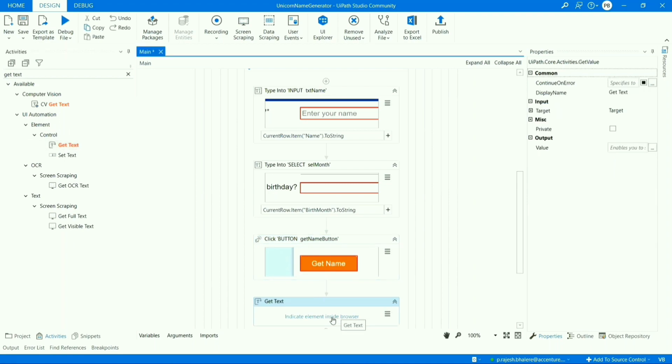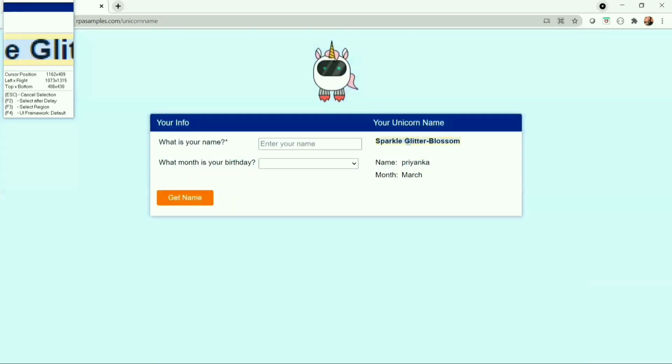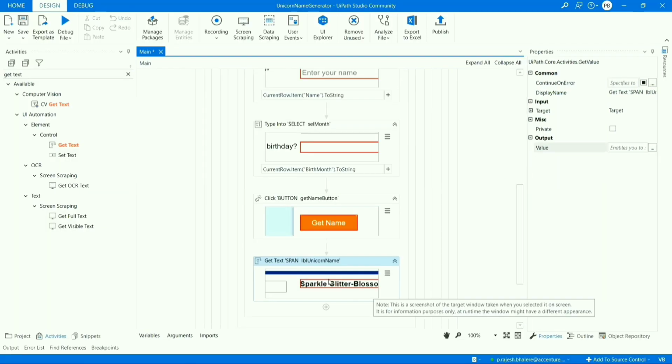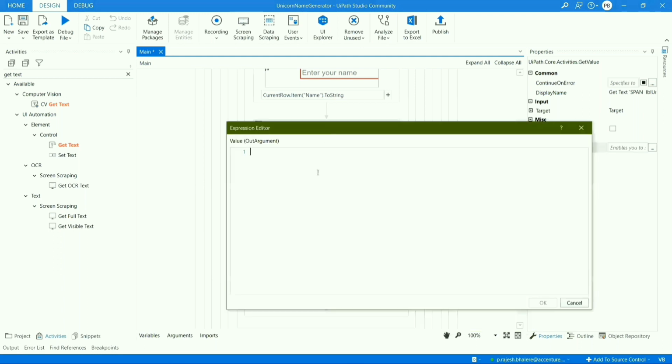Let's drag here. Let's indicate element and let's scrape this. So now we have captured the unicorn name for a respective name and we have to store it back to the data table that we have created. So let's assign the value to the data table by accessing current row dot item,